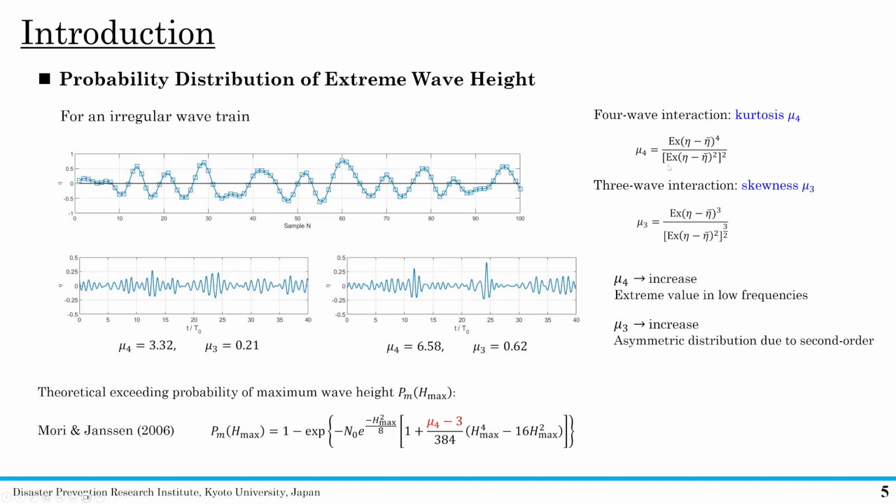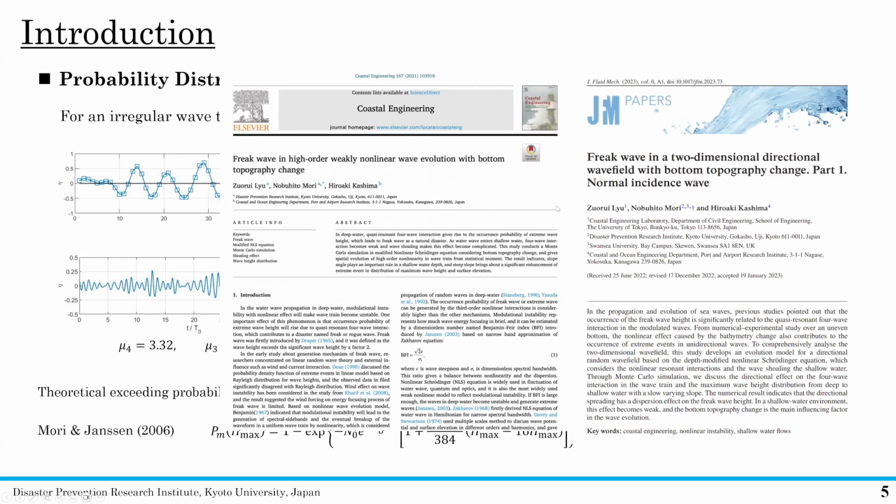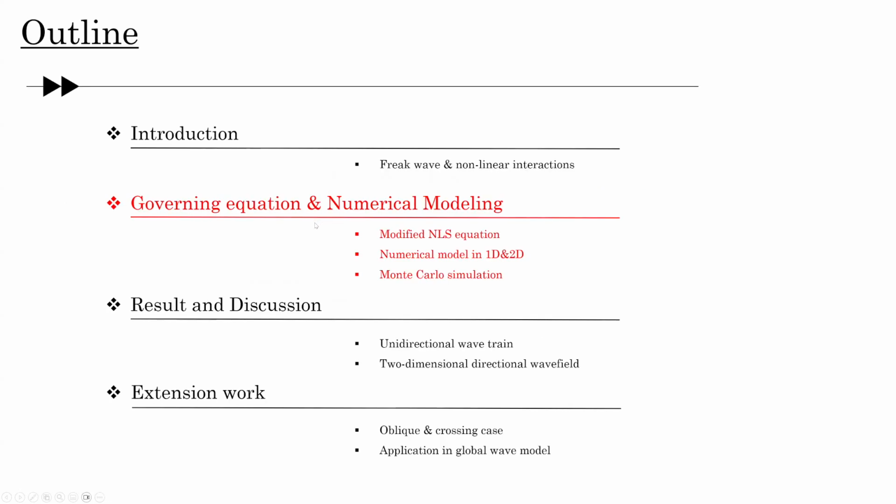Kurtosis represents the third-order nonlinear interactions, and skewness the second-order interaction in the wave train. Based on this theory, we can directly give the theoretical wave height distribution, including modulational instability. Based on this theory, we have published 1D results in Coastal Engineering and 2D results in JFM, and now we want to share more details about this model, its governing equations and